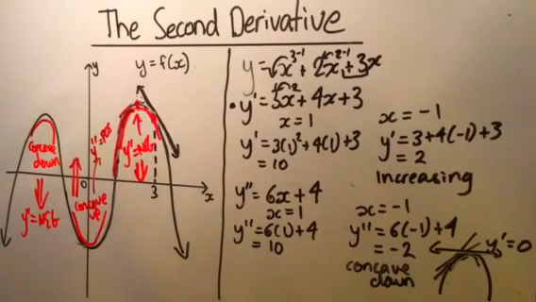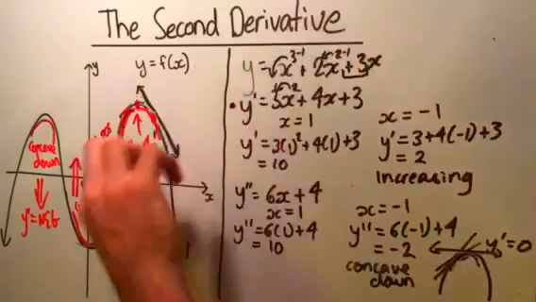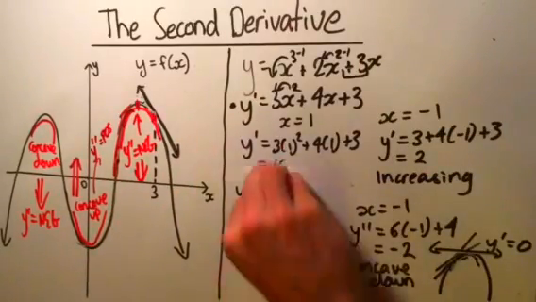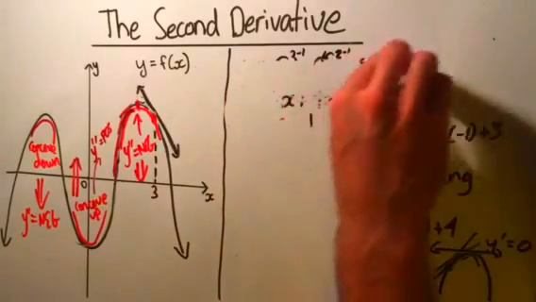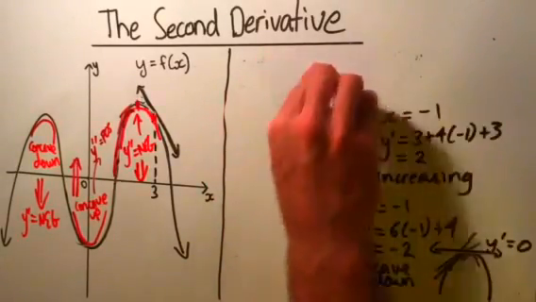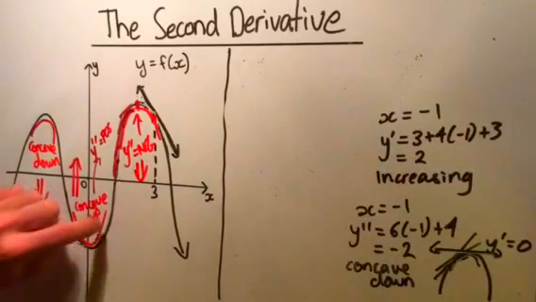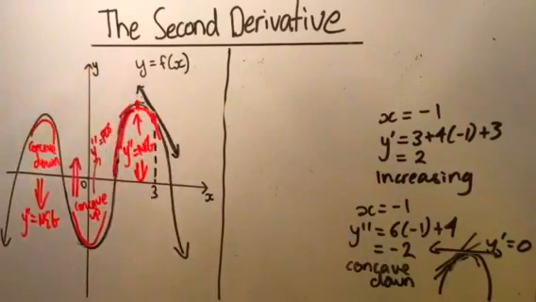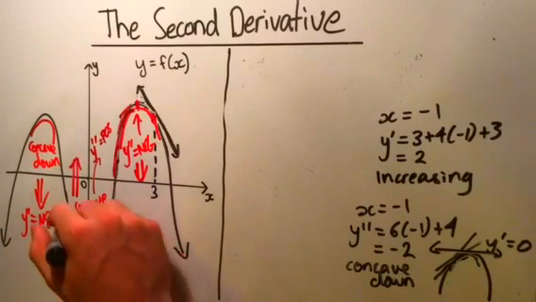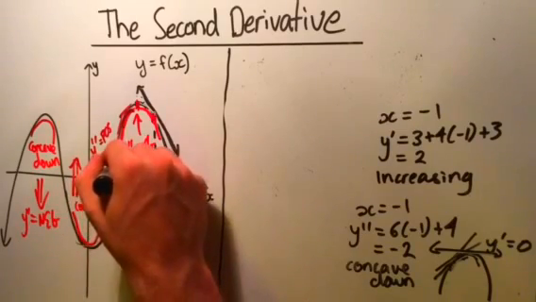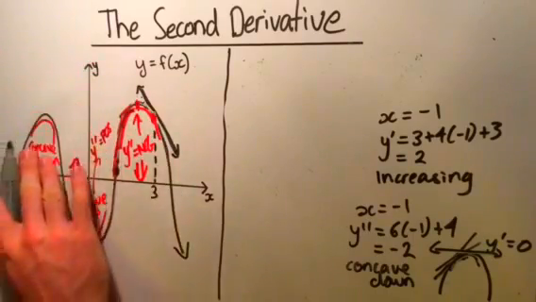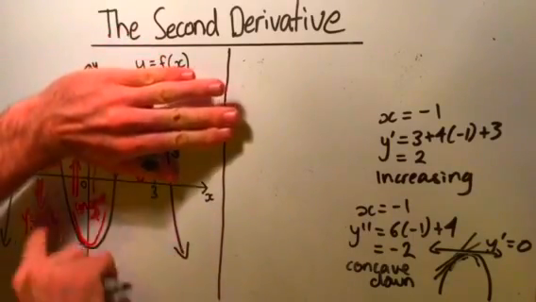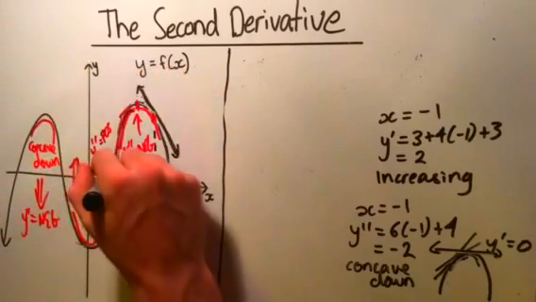Okay, so the last thing that is really important, and we're going to look at this graph again, and I'll make some more room here, is when does the curve or the concavity of the curve change? We can see here that the curve's concave up, and we can see here that the curve is concave down. When does it change from being concave up to concave down? Well, if you imagine this concave up bit is going to go up to about here, and then if I don't look at that, the whole curve looks concave down. If I block that out, it's concave up. So it's about at this halfway mark,